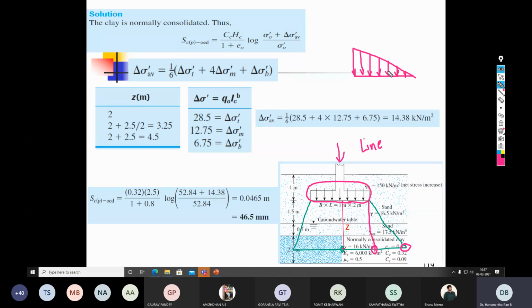So if this is the load distribution, then how does the load at the center and at the edges and outside the footing vary? How to calculate? Okay, so there is a separate chapter that deals with calculation of all these things, that is called stress distribution. So these calculations are highly simplified versions of all those chapters. I don't know whether I will get sufficient time to discuss all these things, because we still need to cover the pile foundation and retaining walls. We are still at shallow foundations.